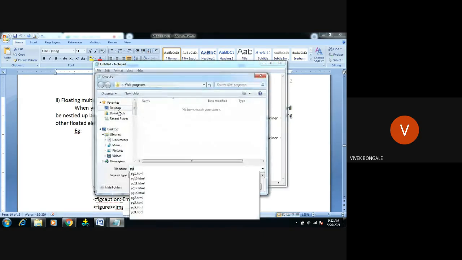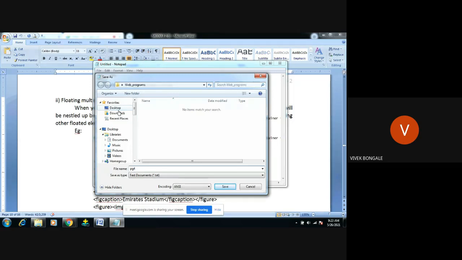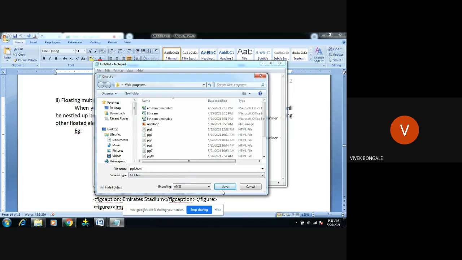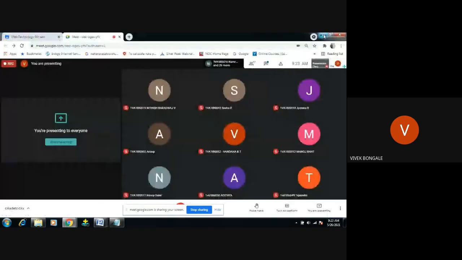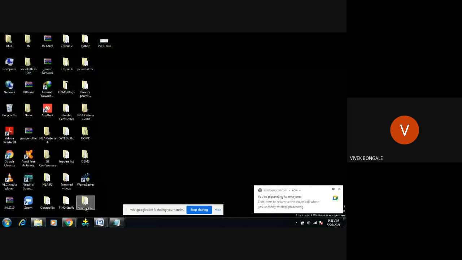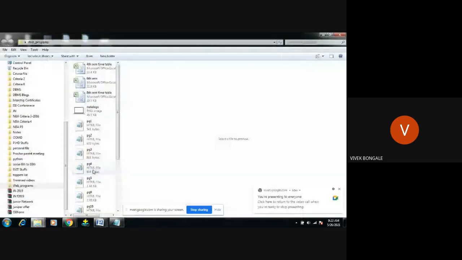Save the program. Okay, one is there, two is there, three is there, four is not there. I'll just look for the HTML. Save this file. Open that program page, program one, with Google Chrome.